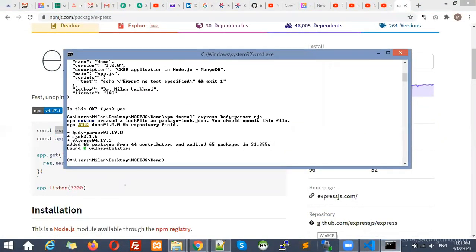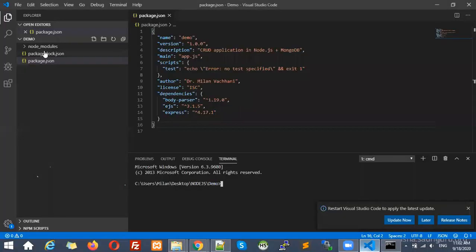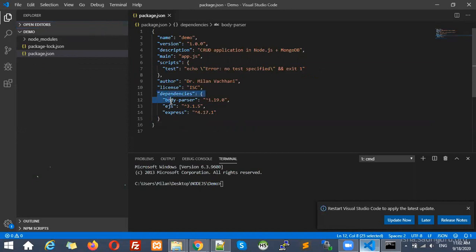Okay, so here you can see body parser, EJS and express are added, and no vulnerability. So it is installed. Now let me verify whether it is installed or not. So go to our project. You can see here the node_modules folder is created inside our project, right? So this node_modules contains all the details of our packages,